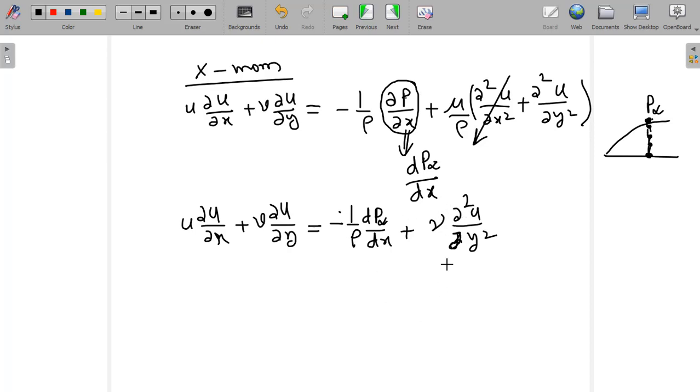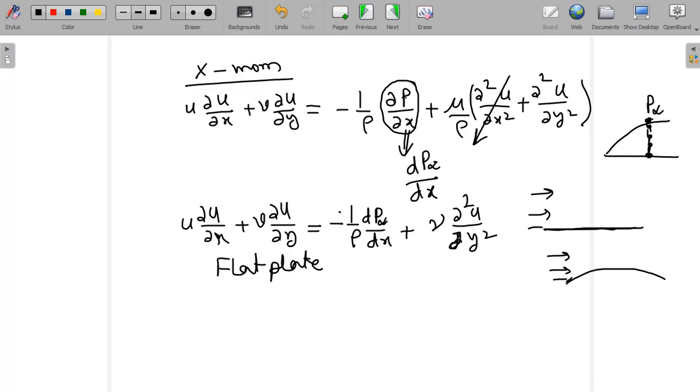Further we can study this for a flat plate. For a flat plate, this u infinity is constant. That u infinity is not changing because there is no curvature in a flat plate. But if there is a curvature and some fluid is flowing, then along the curvature the u infinity is going to change. But in a flat plate, u infinity is not a function of x. Outside the boundary layer, we can write p infinity plus half rho u infinity square, which is constant. This is Bernoulli's equation.